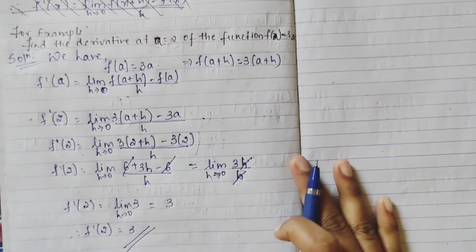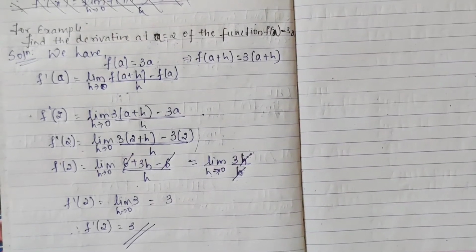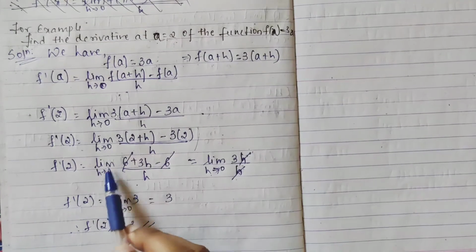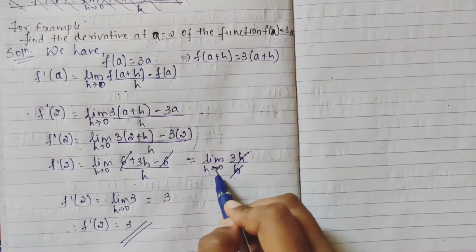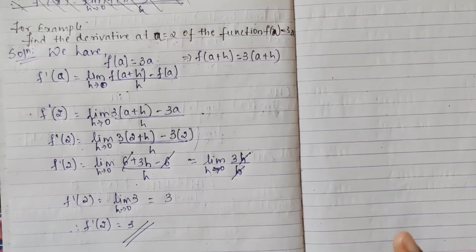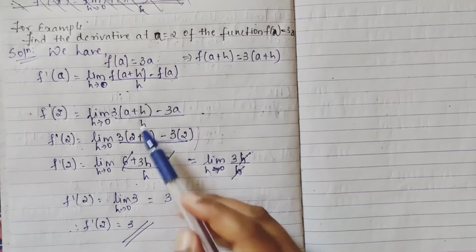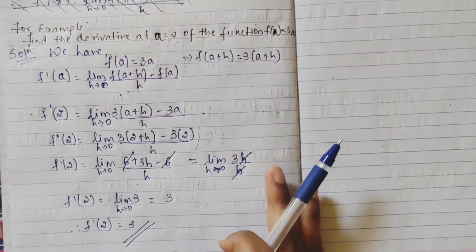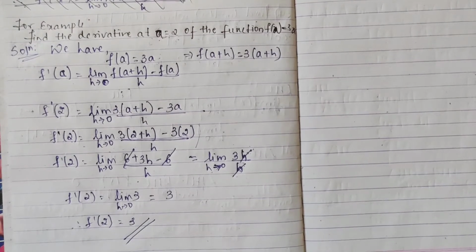I hope I am clear how you have to do. It is very simple. No much confusion. Just you have to go solving it. At the last you have to apply your limit, as you have done your limits, right? At the last you have to substitute your limits and then get the answer. If here you put directly h is 0, anything by 0 is not defined, right? Anything by 0 you get as infinity. So directly we don't put it.